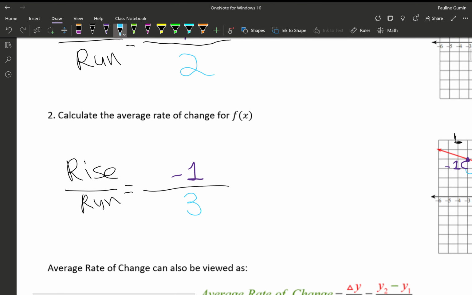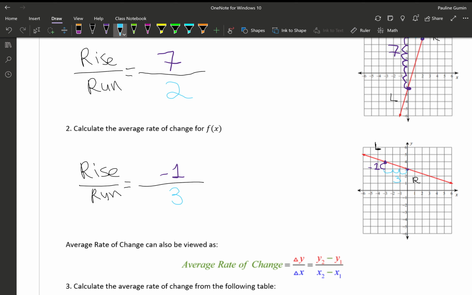So my average rate of change is -1 over 3. The bottom number is always going to be positive because we're always going to travel to the right. That's how we assure it. So I always recommend picking a point on the left and going to the right. That way you can stay consistent and